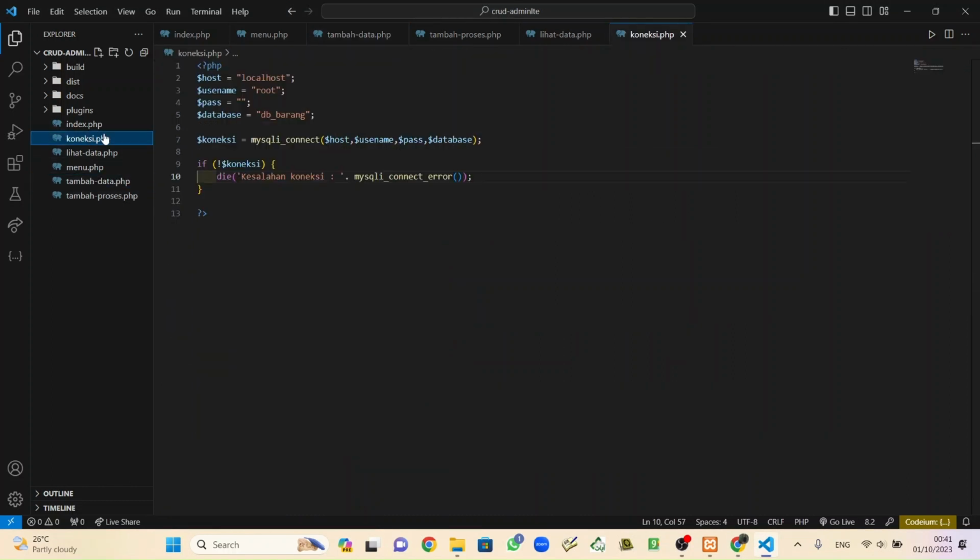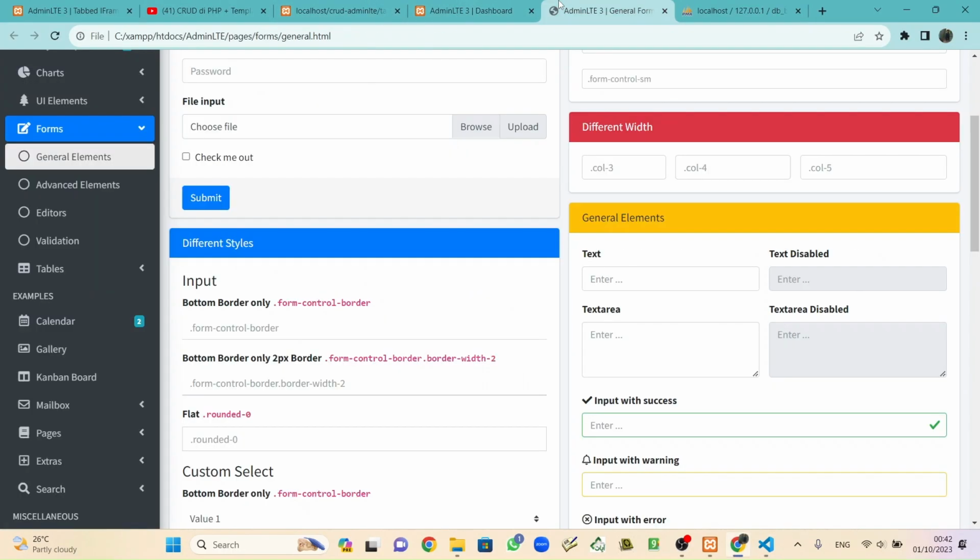At connect.php line 7. Host, username, pass, database. Host, username, pass, database, and we will try again.